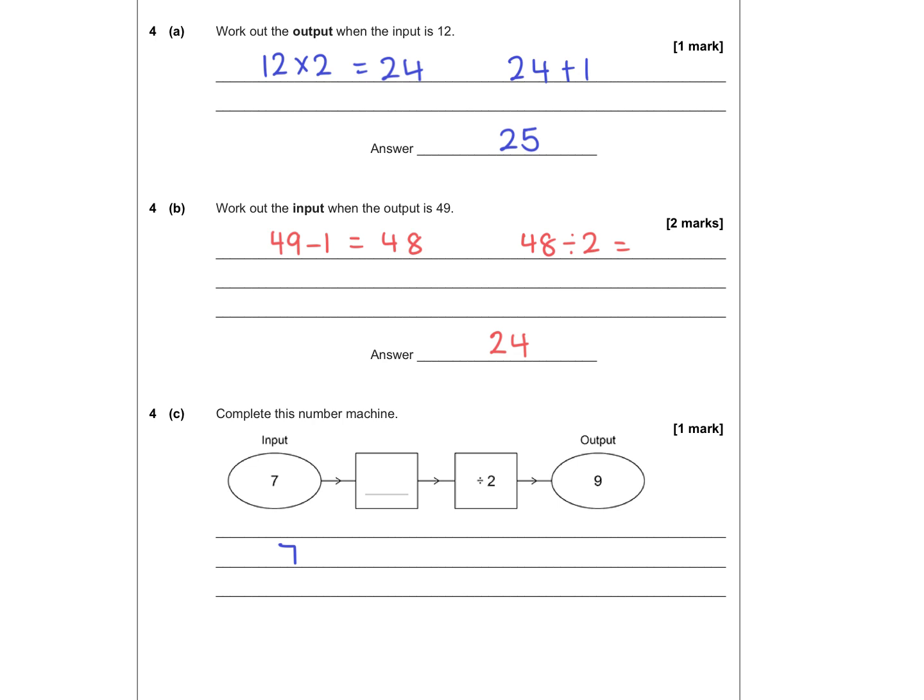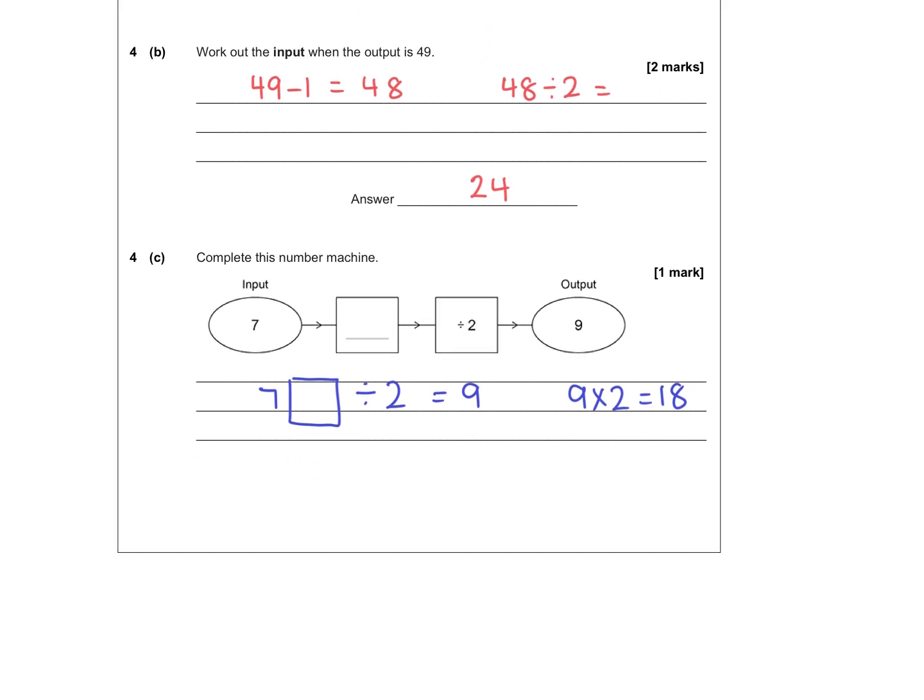7, and then we don't know what happens, and then we divide by 2, and we end up with 9. So what happens if we work backwards? What if we do 9 times by 2? That gives us 18, and so we essentially end up with, let's try to move this and give us some more space,